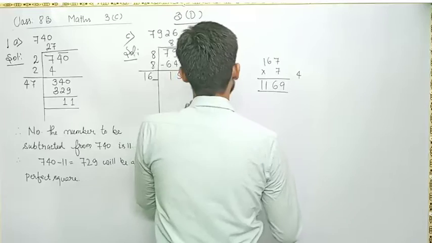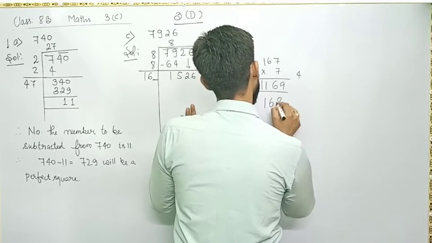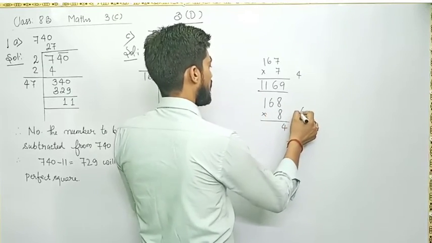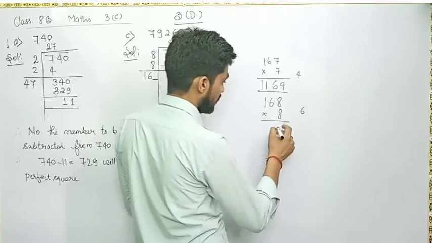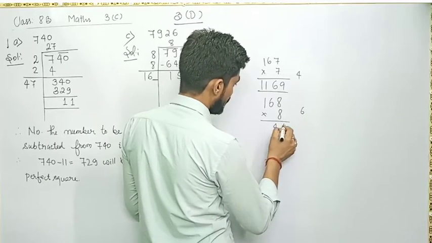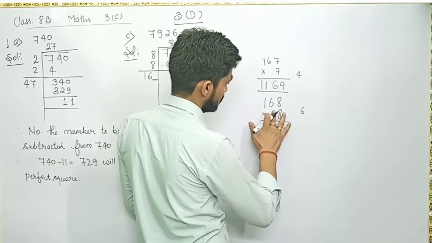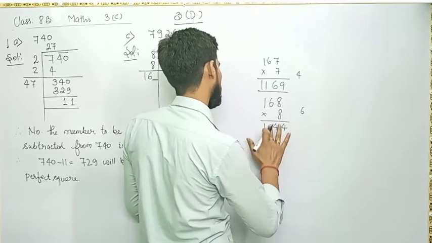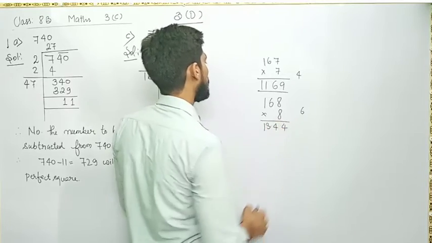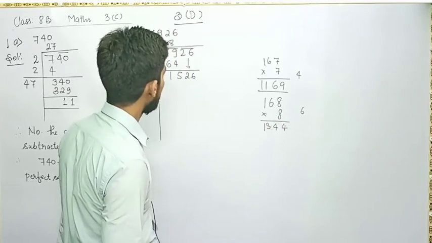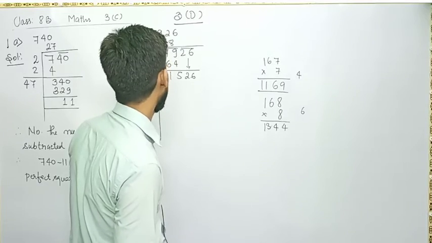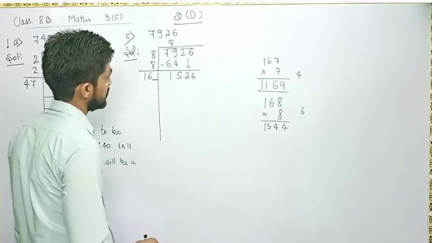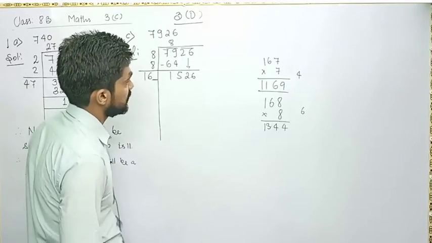And if we take 168 multiplied by 8, how much will we get? 8 8s are 64, 8 6s are 48 and 6, 54. 8 1s are 8, 8 and 5, 13. So we can go for 8 times, and if we go 9 times, no, it cannot be read. Correct? Let us try one time.